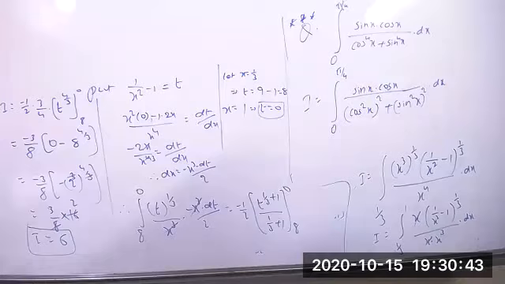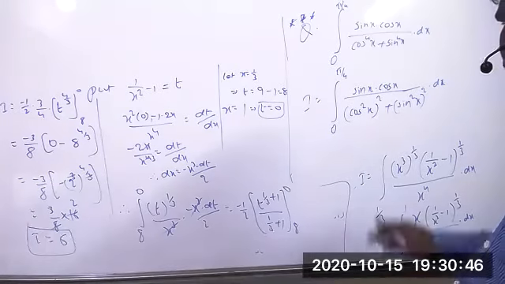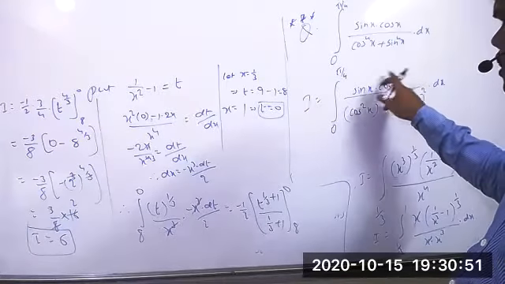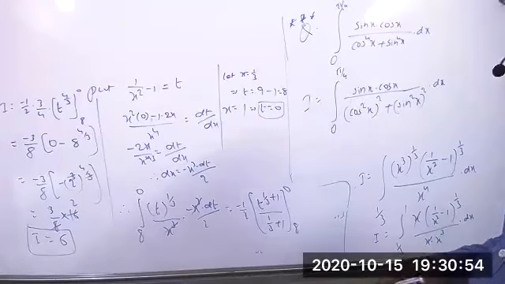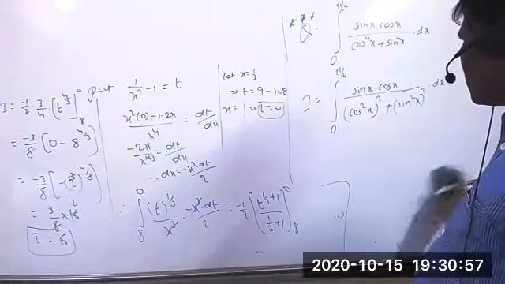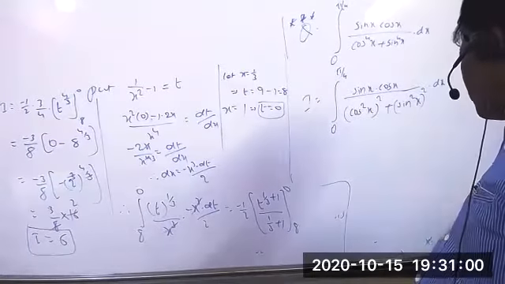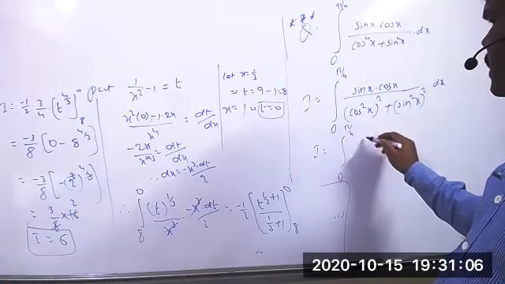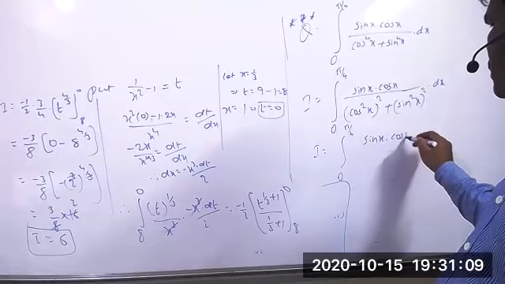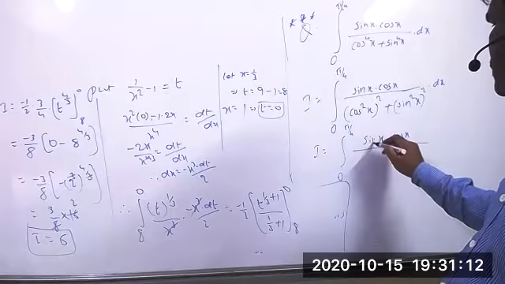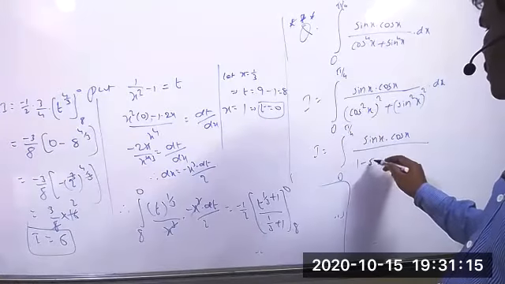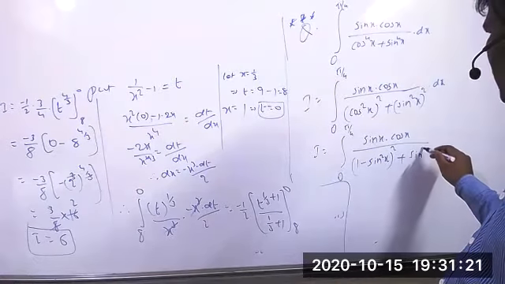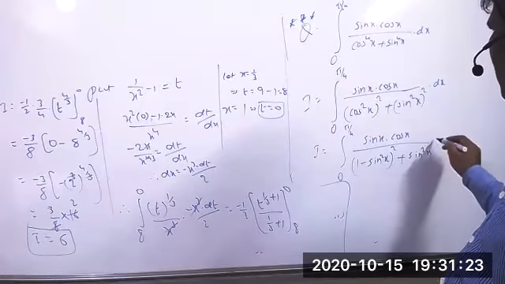But cos square x equal to, we know the formula, because here also we are taking the substitution. Maybe the differentiation of sin square x equal to, we get 2 sin x into cos x. Then easily we can eliminate the numerator value. So for that purpose, what we have to do means this cos square also changing into 1 minus sin square by using the first identity. So 0 to pi by 4, right now sin x into cos x whole by 1 minus sin square x whole square plus sin square x into dx.